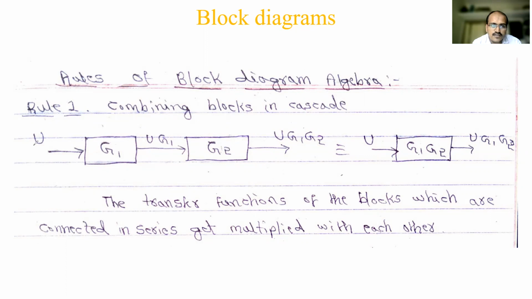So this is the input U, and this is the block diagram transfer function. Since there are many blocks, we'll call them G1, G2, G3 like that. And many feedback loops will also be there, we'll call them H1, H2, H3 like that. So far we are just discussing G and H. Now there are numbers, that's why we use G1, G2, H1, H2 like that. But input and output will not be many, so it is a single input, single output system.